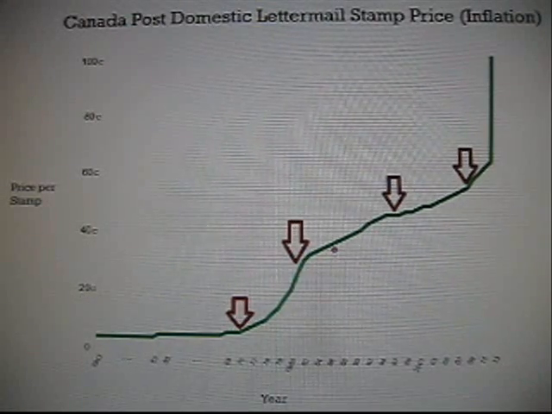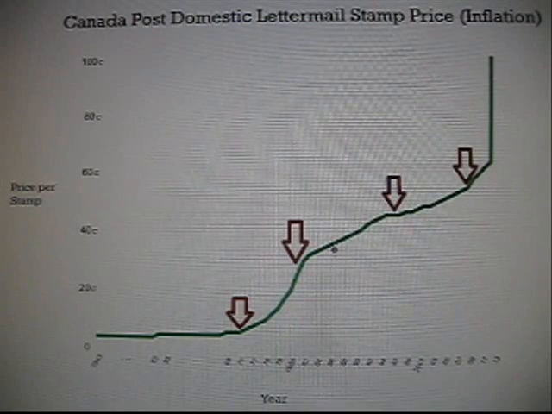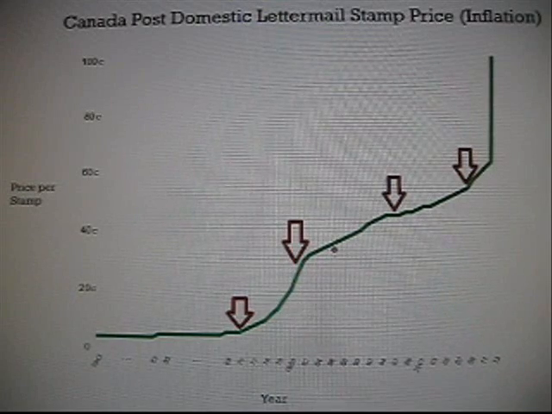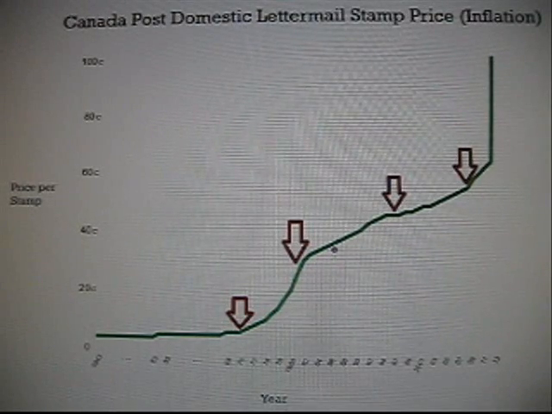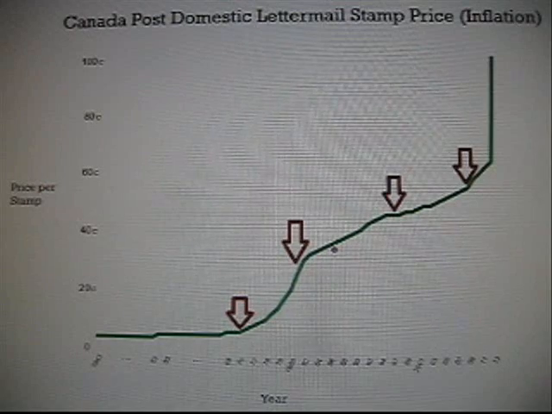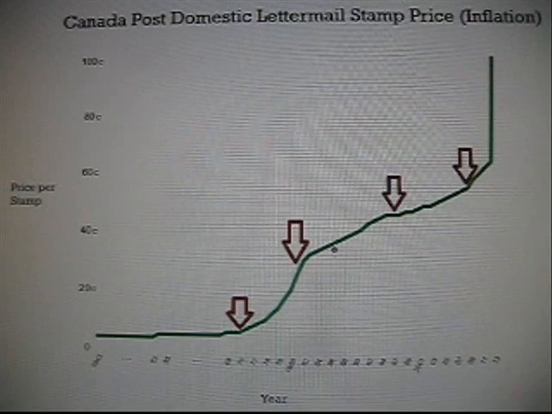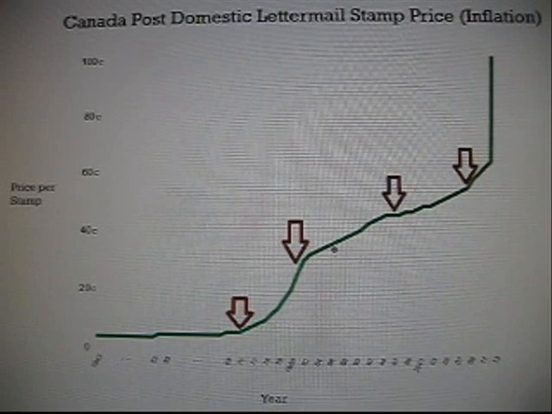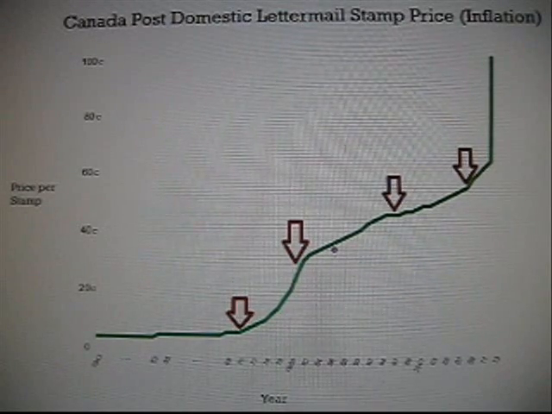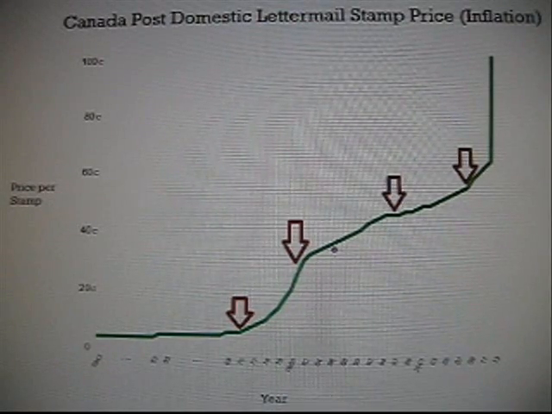A Crown Corporation is a corporation that exists within the Commonwealth, that is, the countries that were at one point owned by Britain. Now a Crown Corporation is a corporation that has to profit. It must turn a profit, no matter what. And that profit goes to the government and, of course, to the Queen of England as well. I don't know why that's still done, but that's what Crown Corporations do, they make money for the government